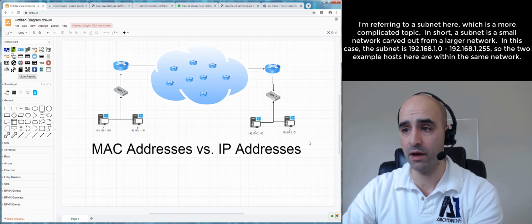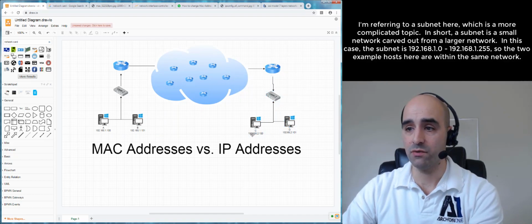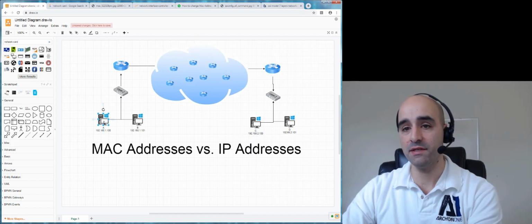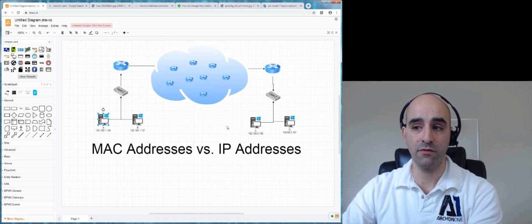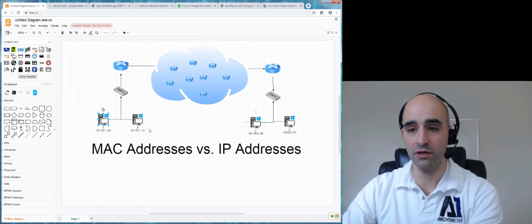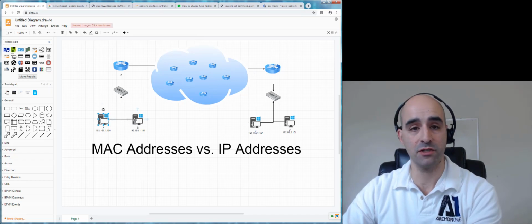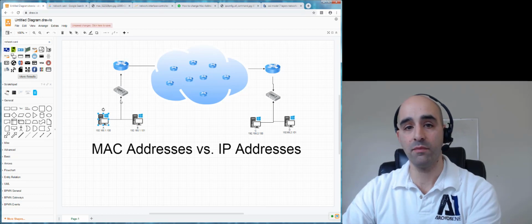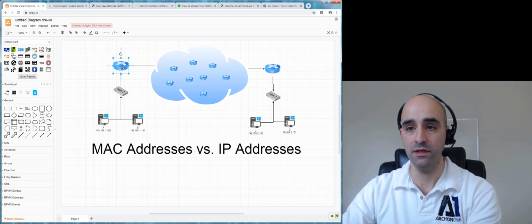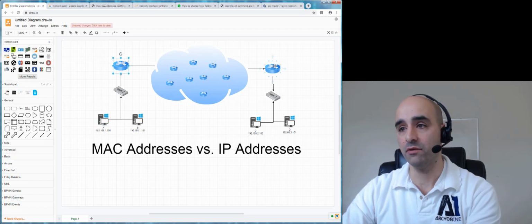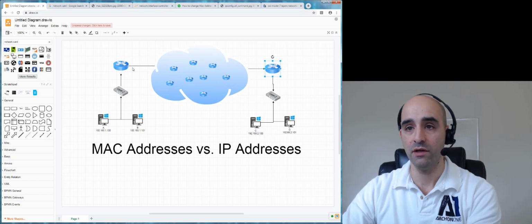And this router knows that behind this interface is 192.168.2.everything. So when this PC here, A, says, I'm looking for 192.168.2.100, and it doesn't get a response on the local network from that ARP query, it sends it up to the router here. This router here knows that it's learned about that network over this interface right here,